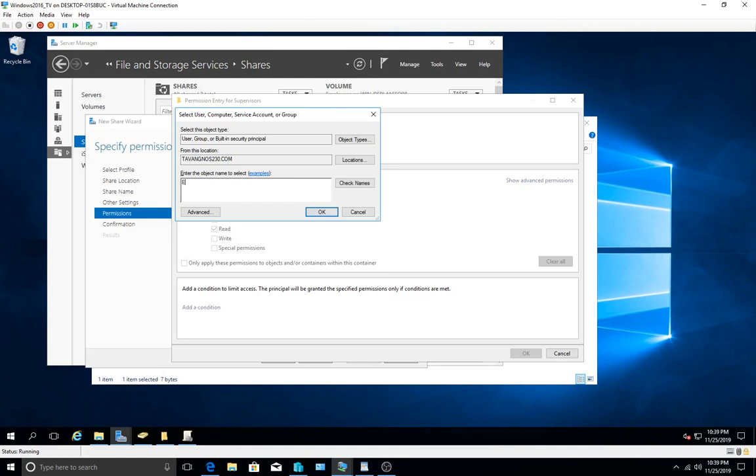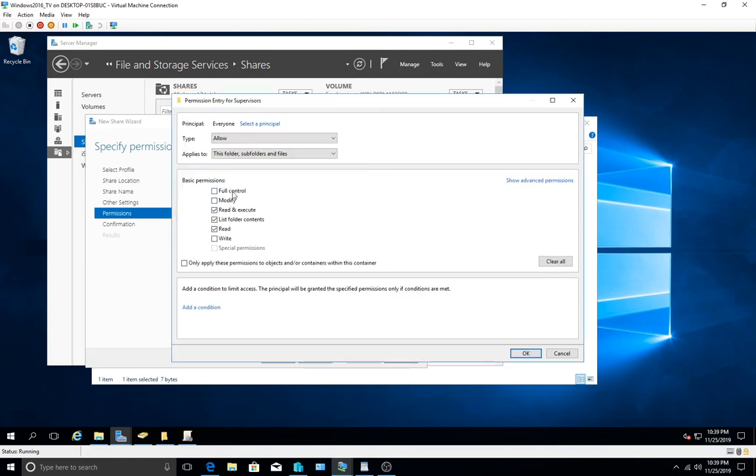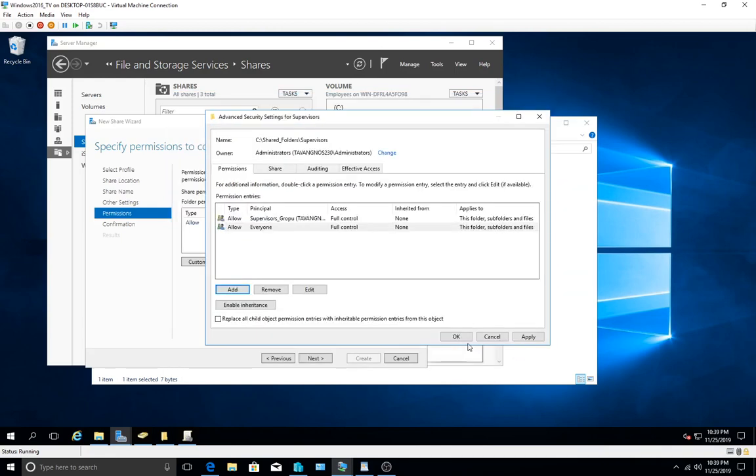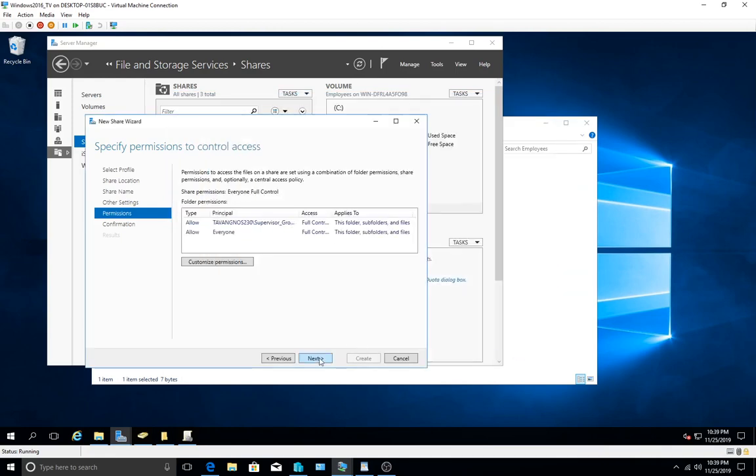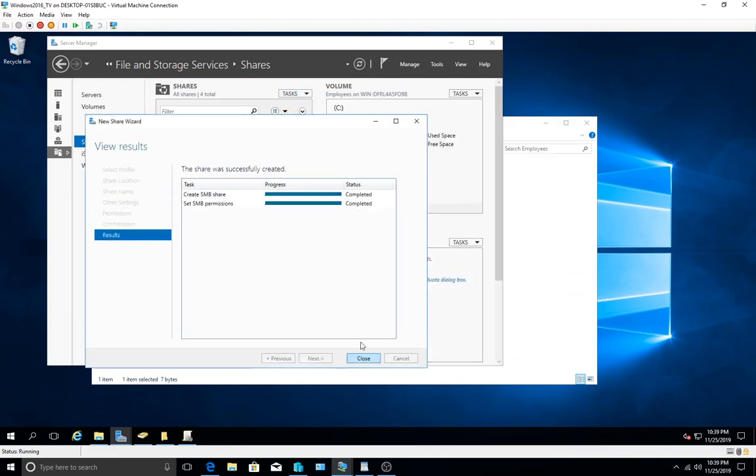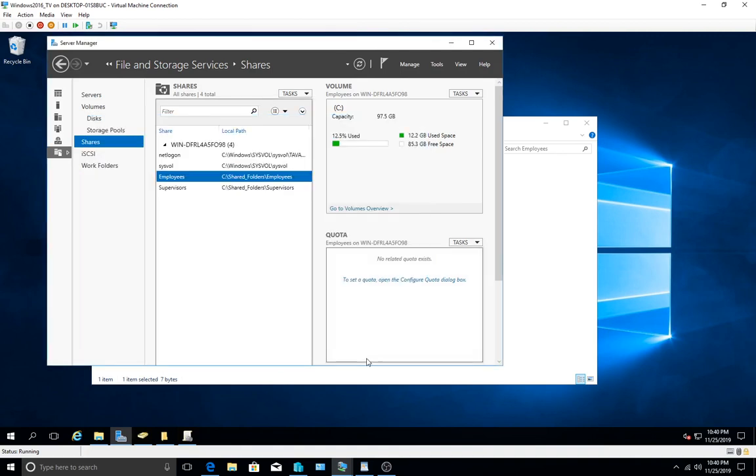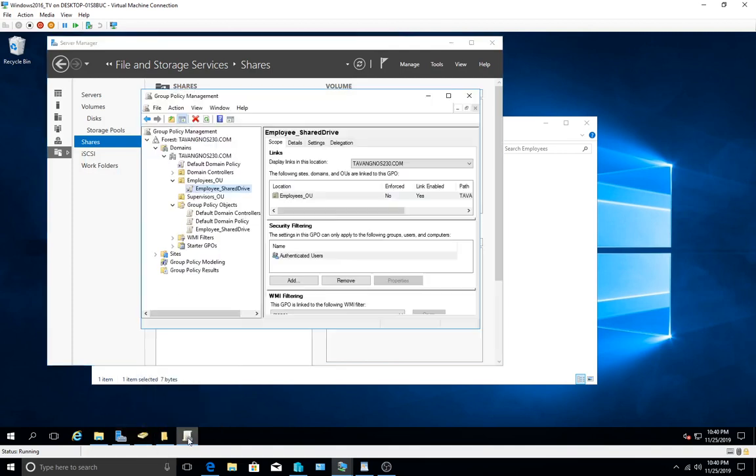everyone's chart and have full control. Okay, apply. Okay, next, and create. There you go, it's created. So in order for you to create the shared folders, you have to have the group everyone have full control. Okay, alright. Now the next thing we need to do is go to the group management